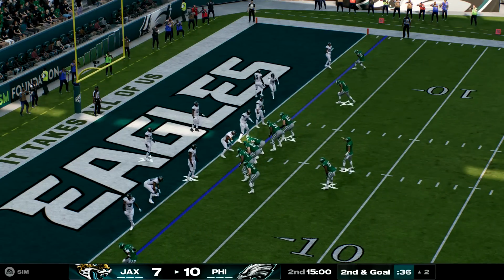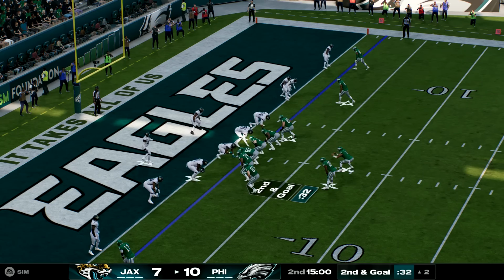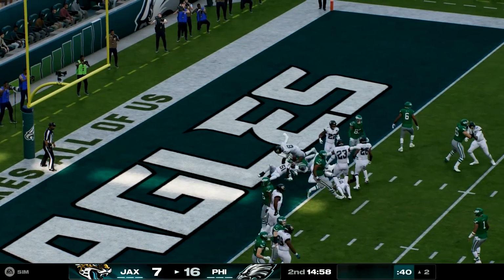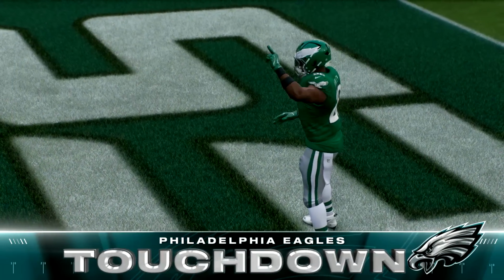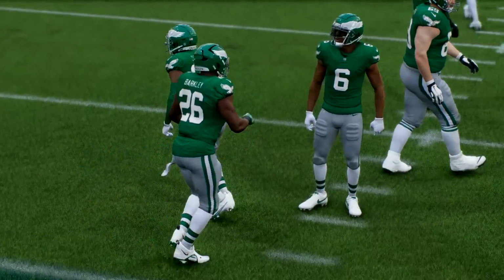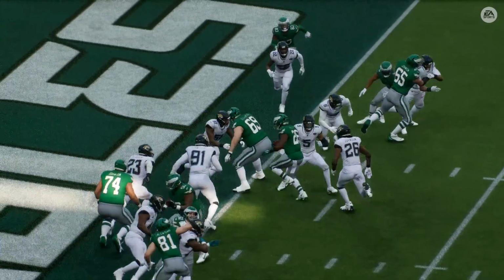They'll try it again from the 2. Second and goal. One more time, they try Barkley. Oh, making defenders look silly out there on his way into the end zone. Saquon Barkley, touchdown Philadelphia. Taking care of business on the ground to get the score, and Greg, the big guys